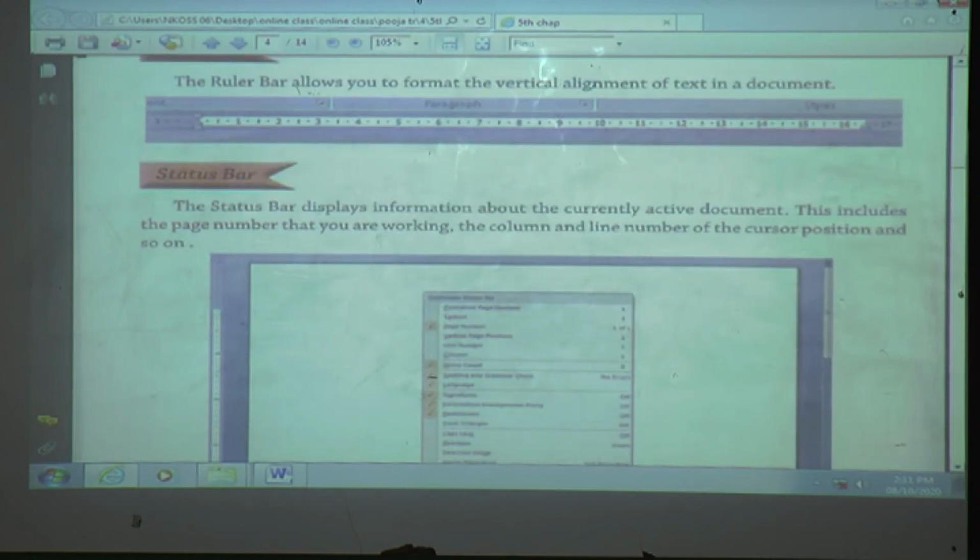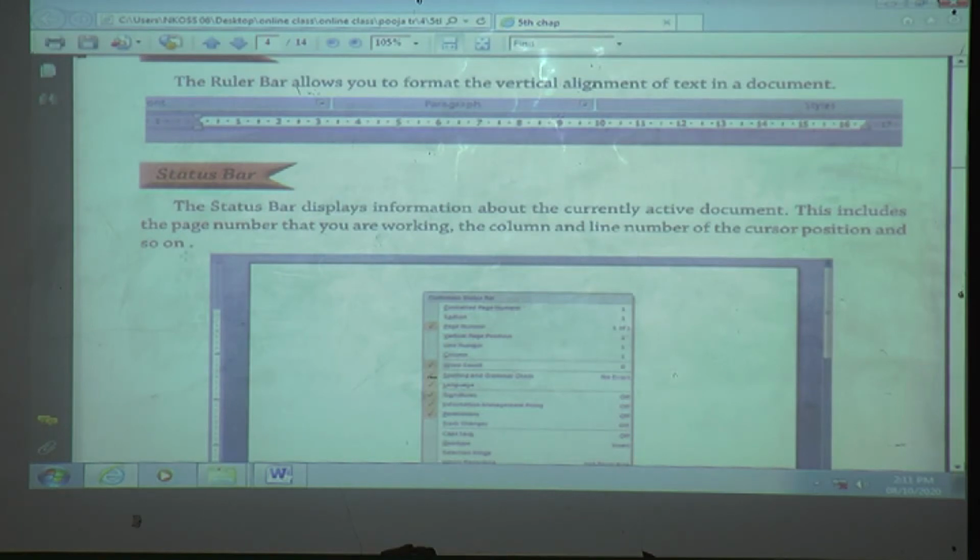What is the status bar? The status bar displays information about the current active document. Means where we are exactly, which page number we are on, where our cursor is, on which page number. It is displayed on the status bar.